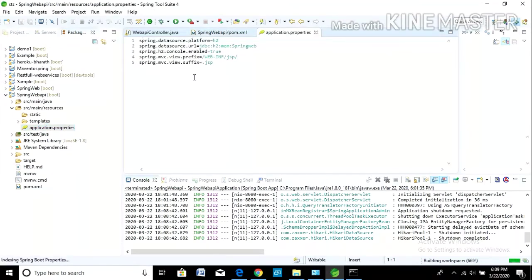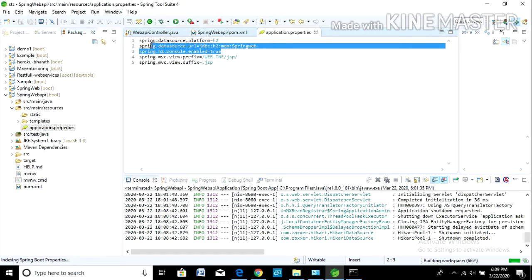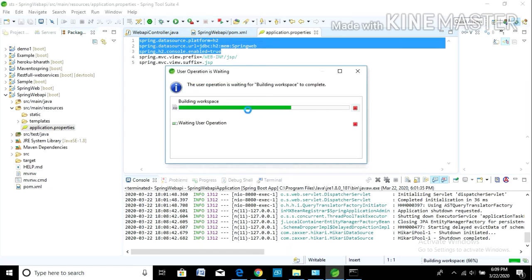Now go to application.properties. Now it is downloading the Postgres jar files.